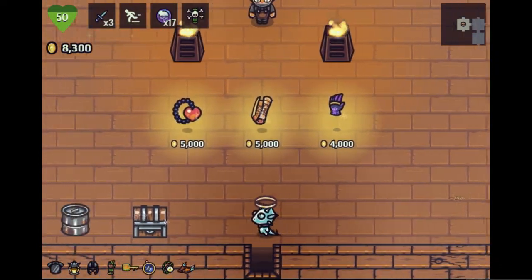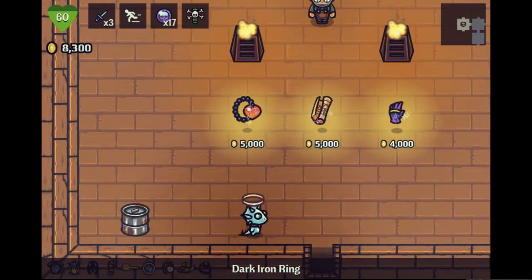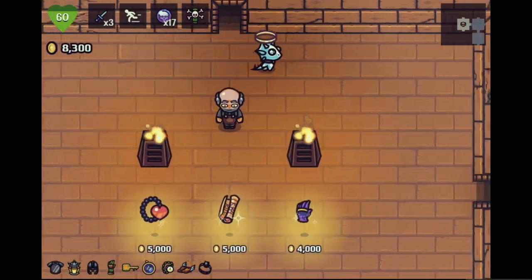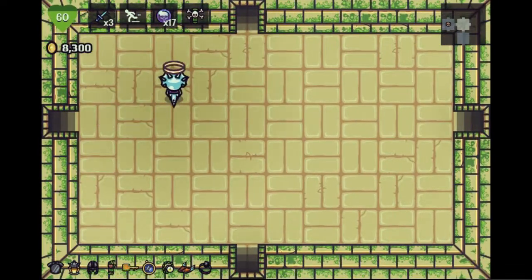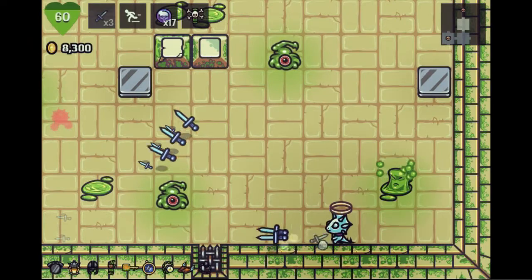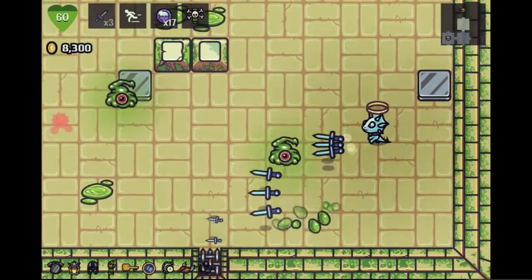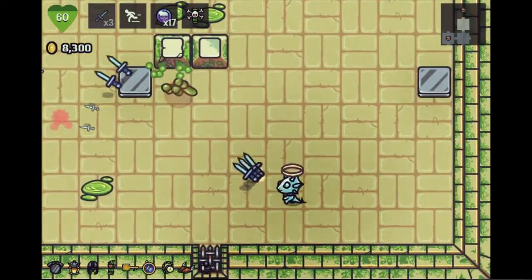Oh, we got some interesting stuff. It looks like there's a map, some kind of heart totem, a glove, a dark iron ring, which looks to have increased our health by a further 10. That's exactly what I expected. Okay, so let's head over to the blueprint room, because I need to get that first and foremost before getting a temporary boost item like any of the equipment,